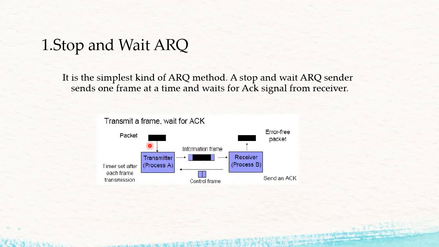At this time the transmitter transmits only one packet, and it will wait before transmitting the second packet until it receives a positive acknowledgement. Here this is your first packet, transmitted by the transmitter, and at the receiver we receive the packet. Now if the packet is error free, it will send the acknowledgement back to the transmitter. If the transmitter receives the acknowledgement, it will transmit the second packet. So likewise the data transmission takes place in stop and wait. It will stop for receiving the acknowledgement and then it will transfer the data.